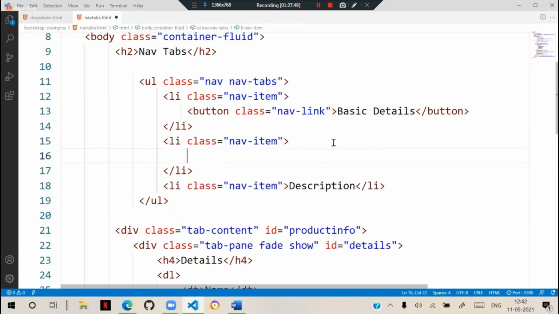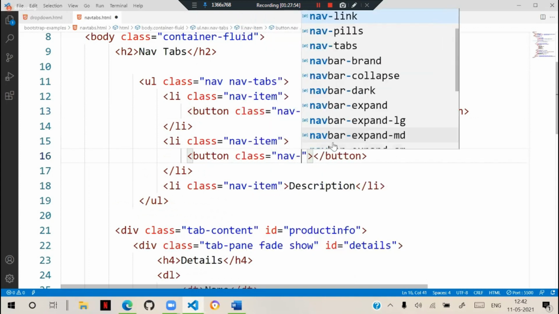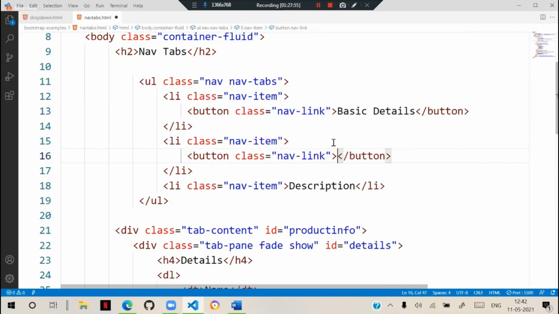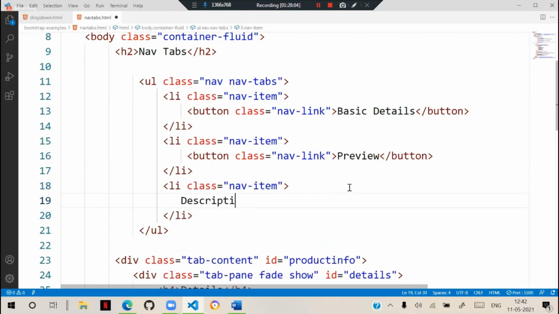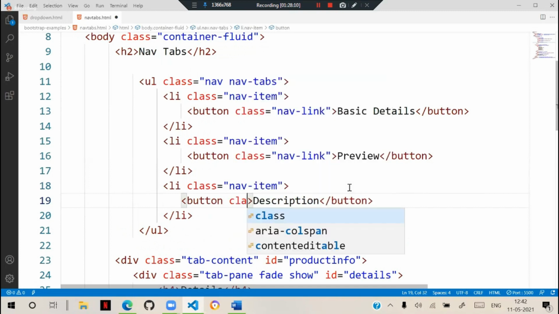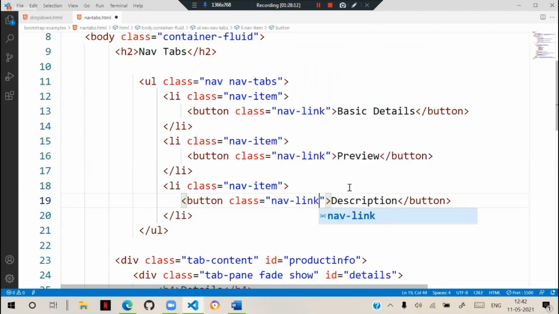So we are using a button with class as nav link, and in that, preview. And the description here also. So we have a button and the nav link, description, and the class as nav link.